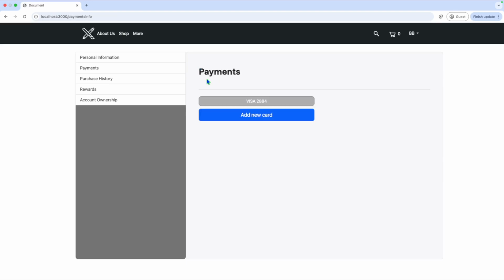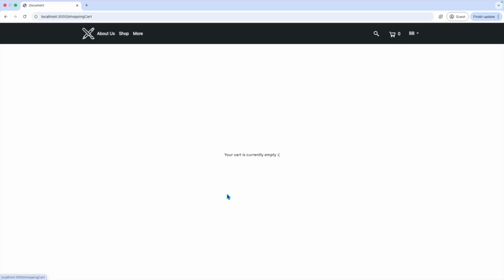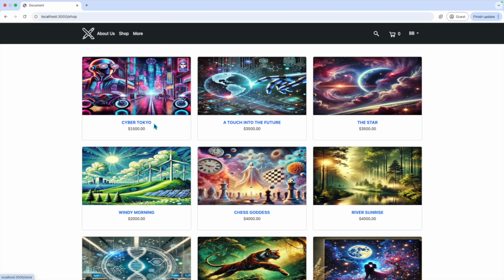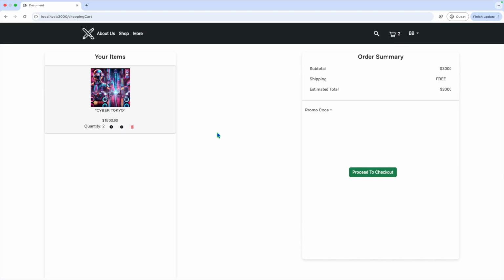Let's go back and let's check out our cart. As you can see, our cart, there's currently nothing in here, but let's go to our shop and add in some items. And I'm going to add in this painting right here, and I'll give it a quantity of 2, and I'll click add to cart. Go to my cart here, and because we are a member, aka we have a registered account, we have free shipping. And as you can see, our estimated total is going to be 3,000,